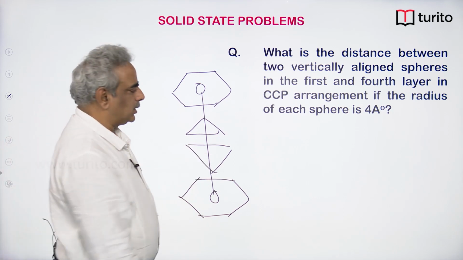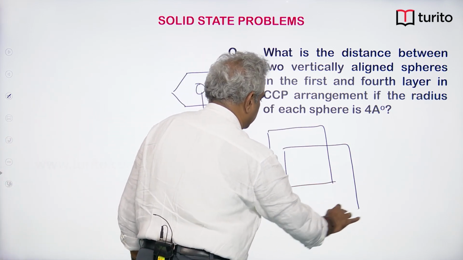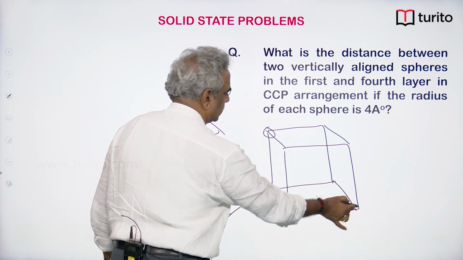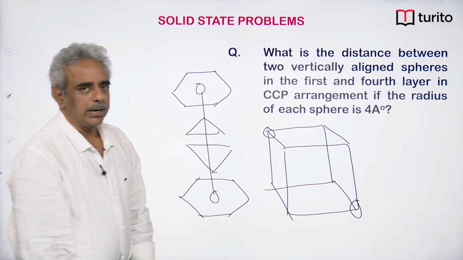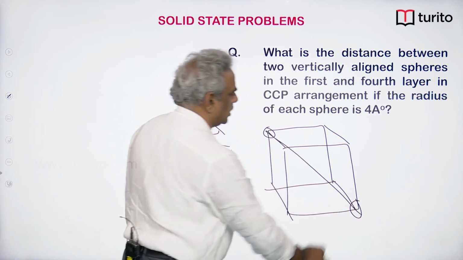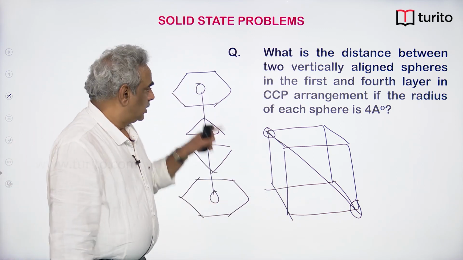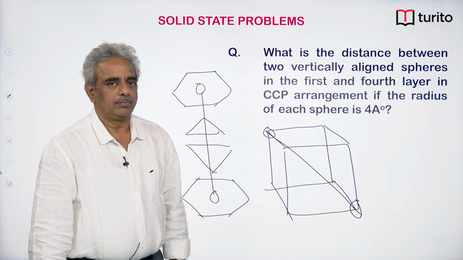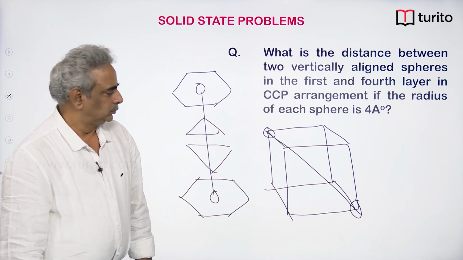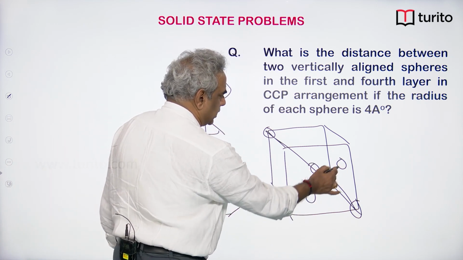And that is nothing but, in the face centered cubic unit cell, the corner and corner, both corners, and this distance is, what should I say, the distance between this sphere and this sphere. That is what he is asking, first layer and fourth layer, and this is side, front, bottom, these three together